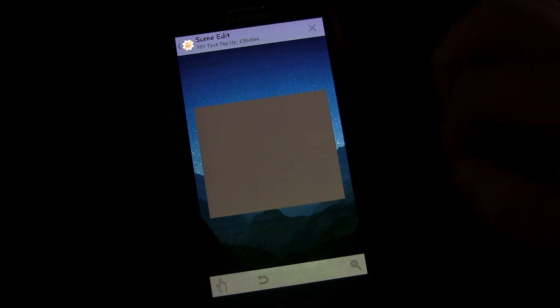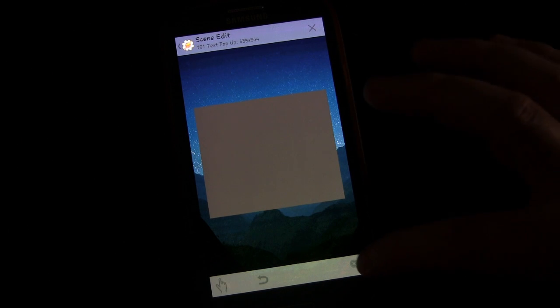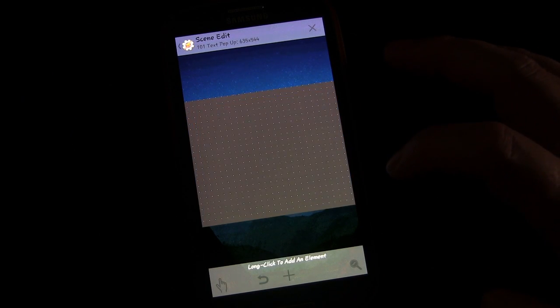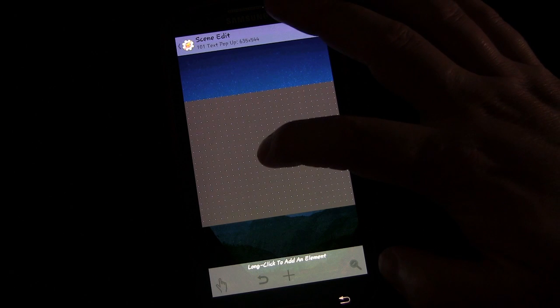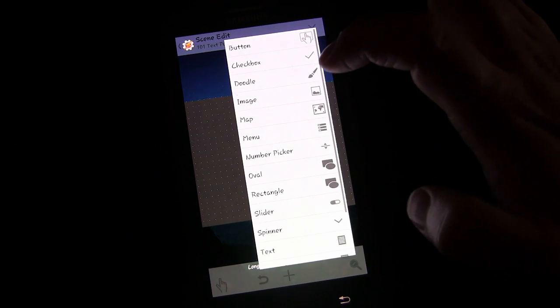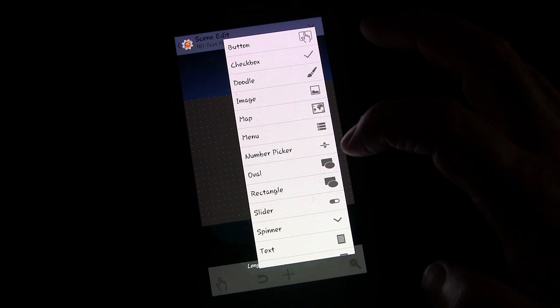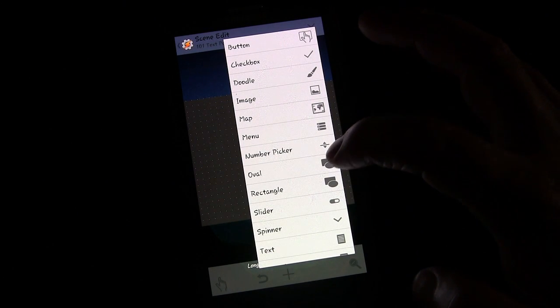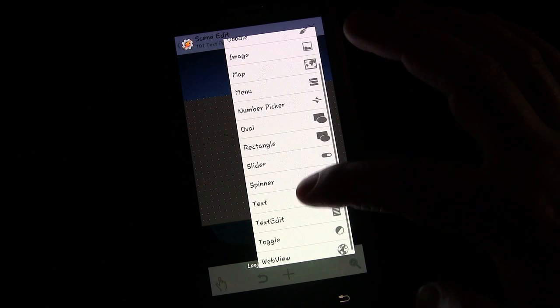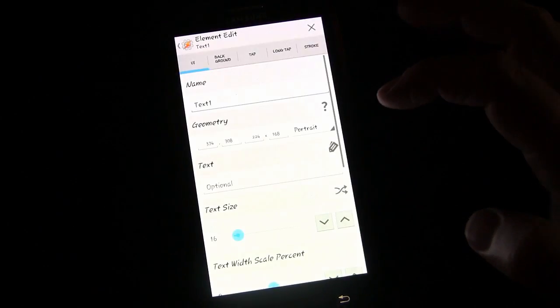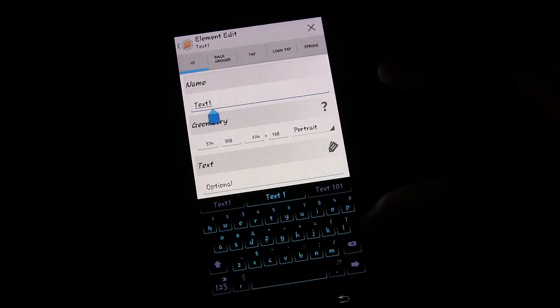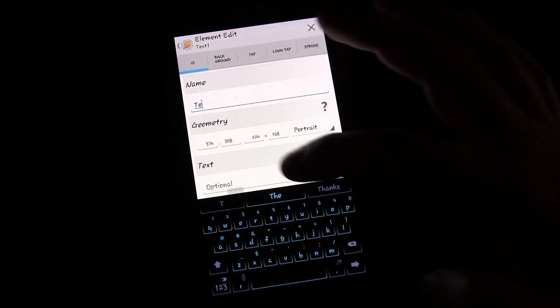So there you go, there's your background, and now I hit the little magnifying glass and that turns it into a grid so we can add stuff to it. We're going to long press. First thing we're going to do is we're going to add a text box. So we're going to choose text, and we're going to make this